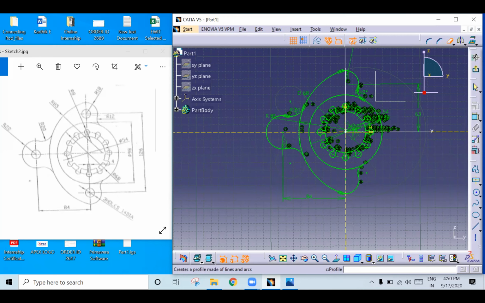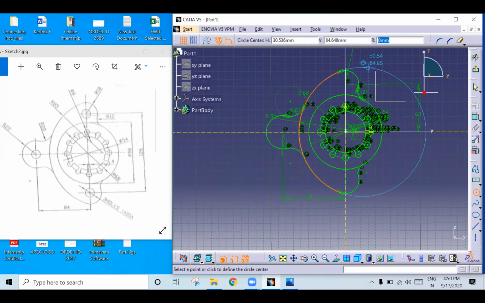Now here you have to create 3 circles, right? Without creating them, you can do one thing here. Observe carefully, this is one trick. Once you select the circle, you get a radius icon here. What is the radius? These are 3 holes of 14 dia, that means radius 7, right?